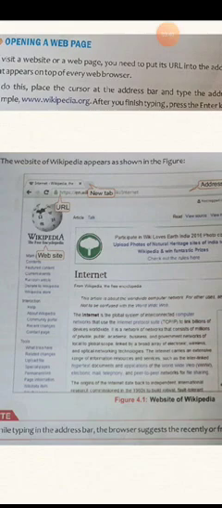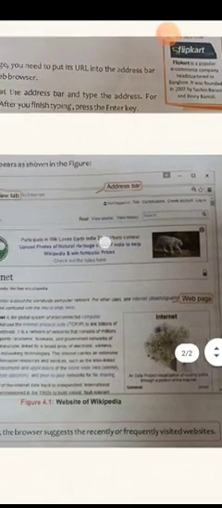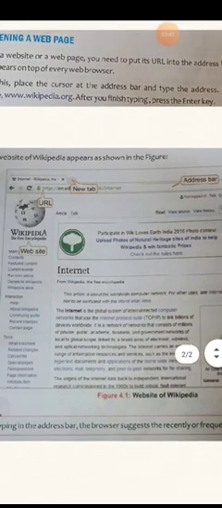And then there is this address bar, the long stripe you see here. Here is where you will type in your URL. URL is Uniform Resource Locator, which means this is the address of the web page. That is why it is also called the address bar, because here is where the address of the web page is typed. And once you type the web page address, it will open up the website for you, the web page for you, and the page that you see first is the home page.